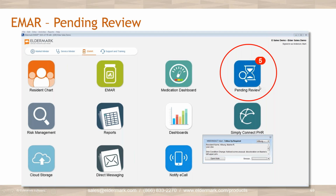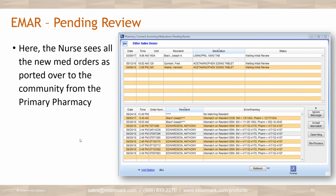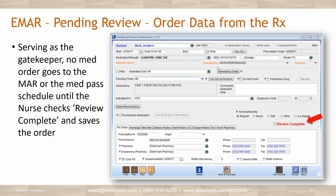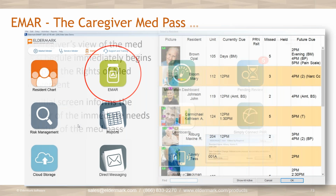That one part, instead of doing a month-end changeover that you have to do now, it's just a pending review, which is reviewing the EMAR inbox, where a med comes over. There's two meds that want to be reviewed. You look at them, make sure it's the right drug, dose, route, time. You can put in any scheduling details. Indicated for will come over from the pharmacy. If you want to set up any record items, blood pressure, pulse, respiratory, you can have those set up. The whole goal here is you just want to click this review complete button, and boom, that'll go from a 5 to a 4. And then when you're ready to do the med pass, you just click on the EMAR,